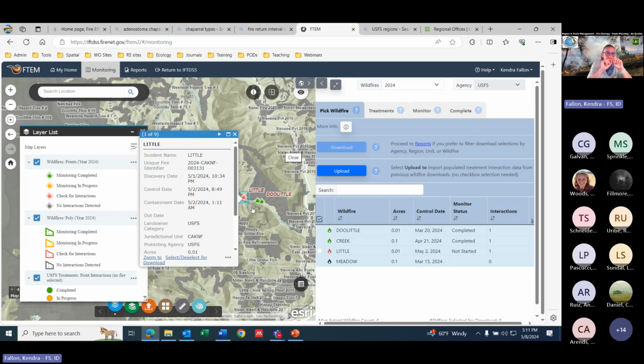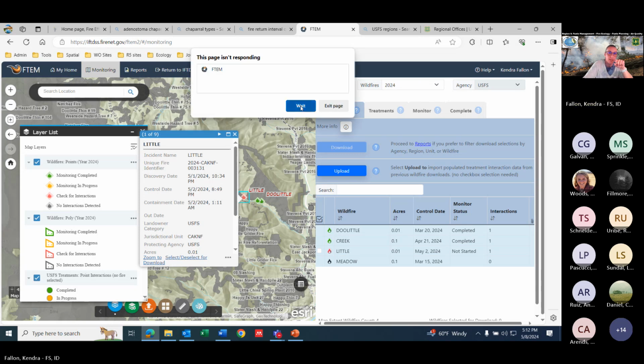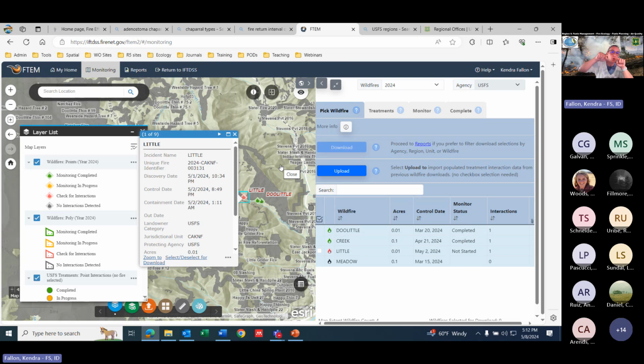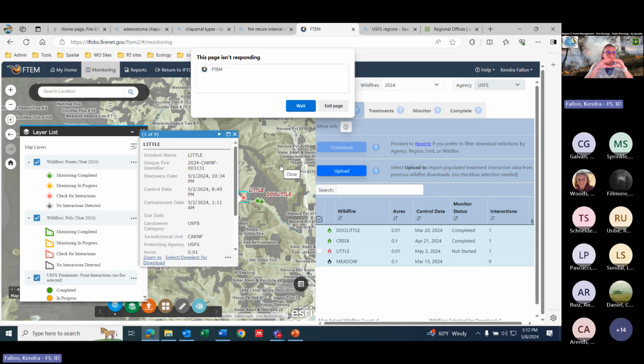for small fires, if it does not have a perimeter, so that's going to be a fire probably less than 10 acres, unless you guys are walking your smaller fires, the system will take that point fire and it's going to assign a buffer to it and capture a whole bunch of all the treatments that it might have interacted with because you're not providing an actual perimeter. If you have a fire that was entered into the system with a perimeter, it will capture only the treatments that that perimeter interacted with. So point fires may end up showing something on the order of like 15 treatments, but you need to go in there and clear them out because all it was doing was capturing that entire circle of all the potential